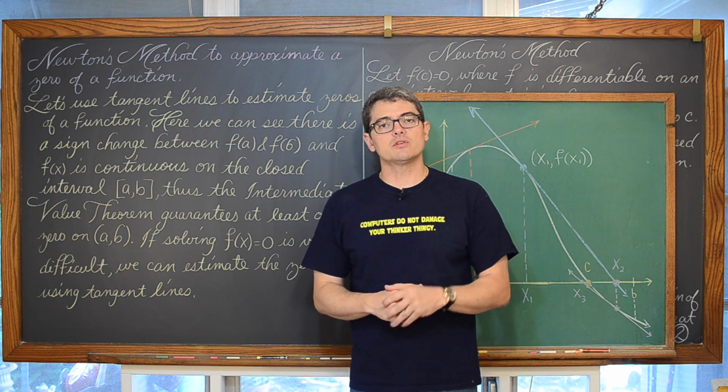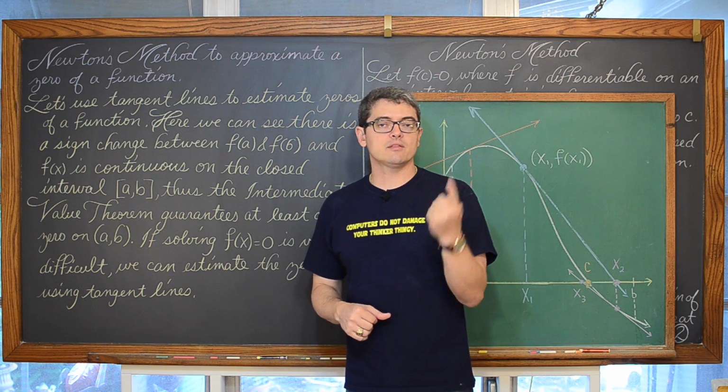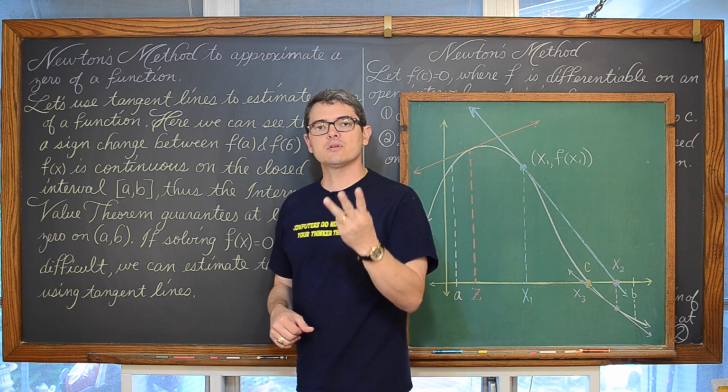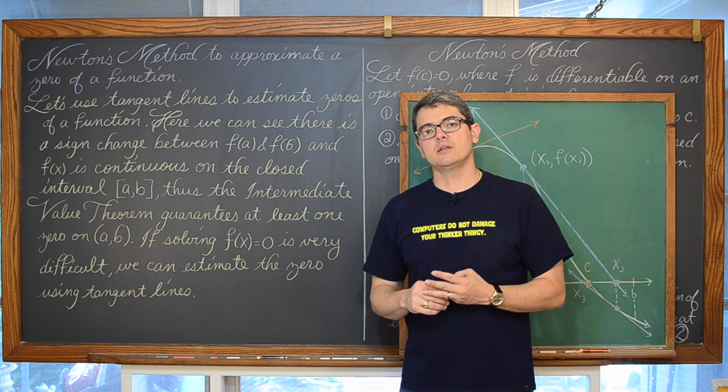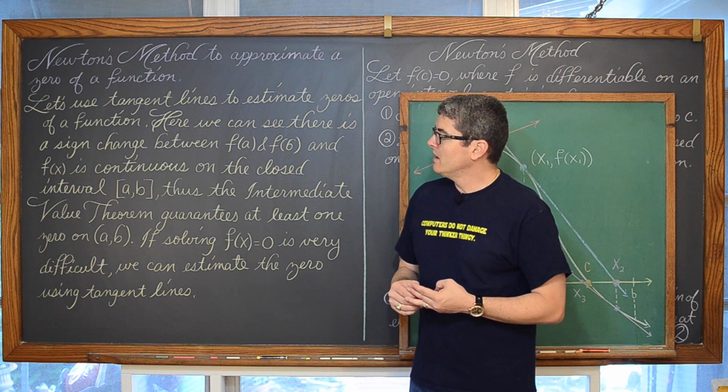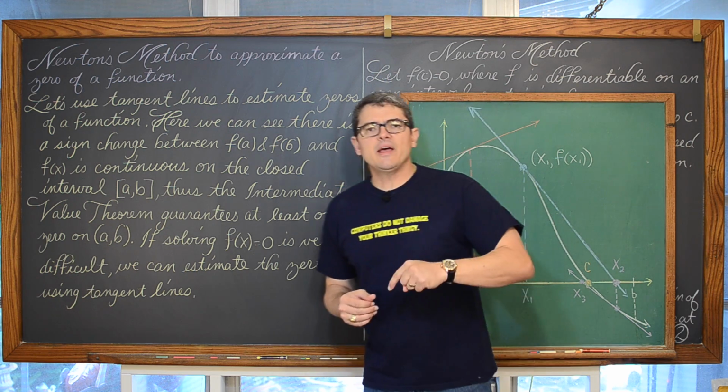In this lesson we're going to do three examples. The first one is going to be algebraic, the second one is going to involve some trigonometry, and the third example is going to show how sometimes Newton's method is going to fail us in estimating a zero. You can skip ahead to those examples.